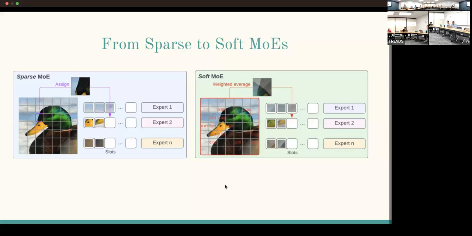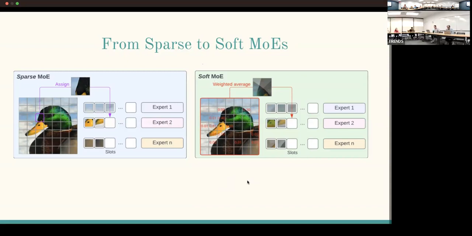With sparse MoEs, one problem was that it was not differentiable, and in some scenarios it was hard to train because of that, and also it didn't scale well to an extremely large number of experts. So soft MoEs try to tackle those. The idea of soft MoEs is